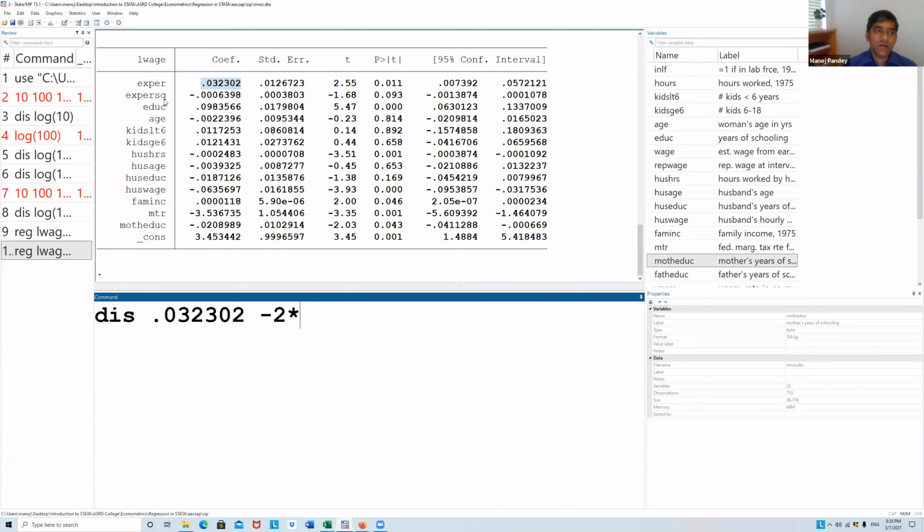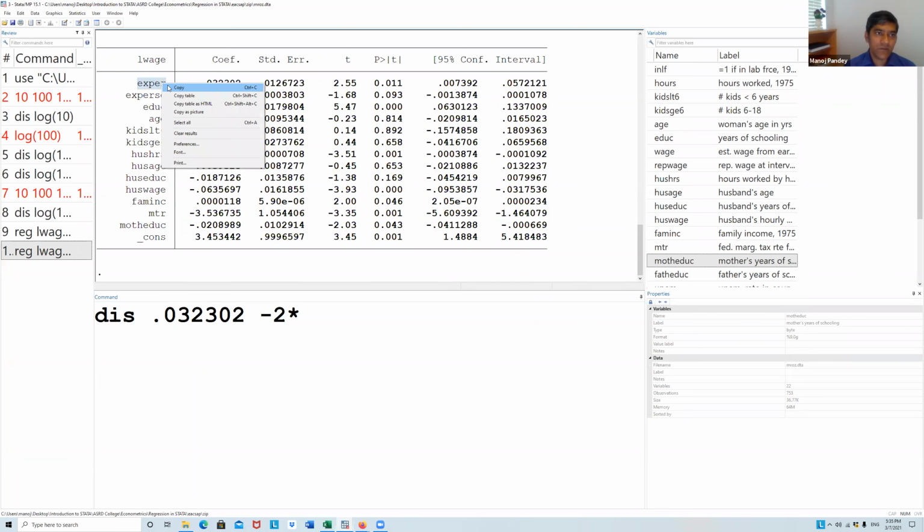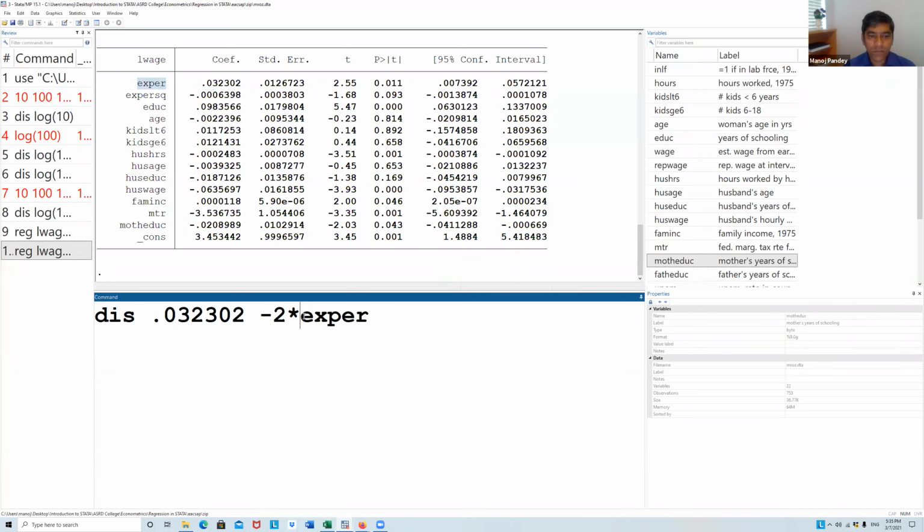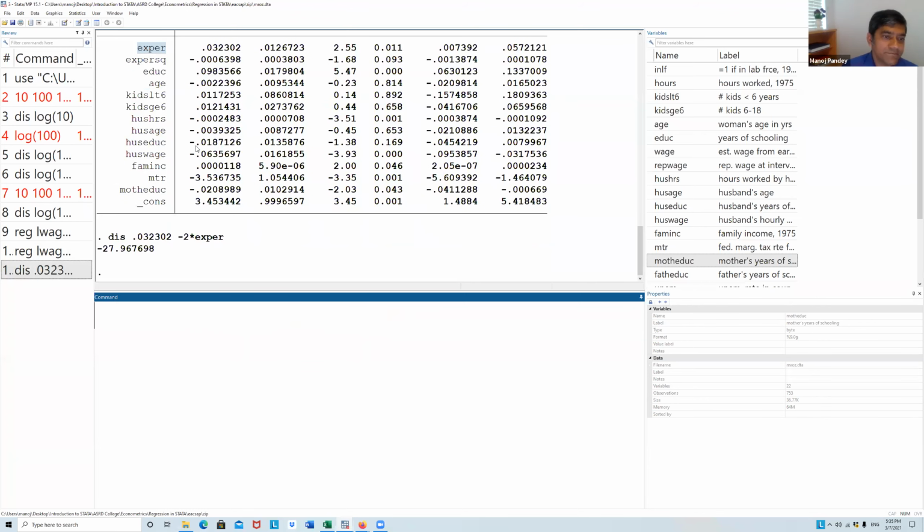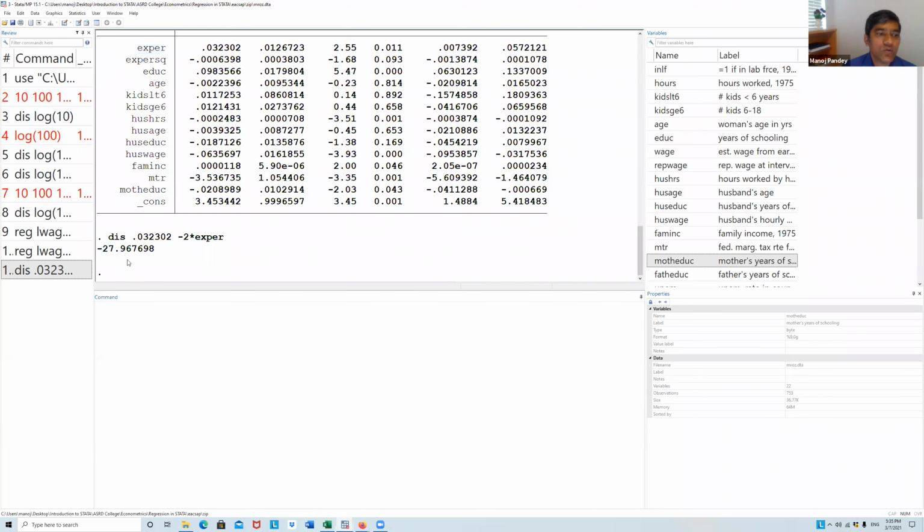So experience squared is minus 2 times experience. Yeah. So you can put the mean of experience here, and then you have this coefficient. You can get some sort of marginal effect of experience, or you can actually neutralize it. Right? So done. So minus 27.96 is coming there.